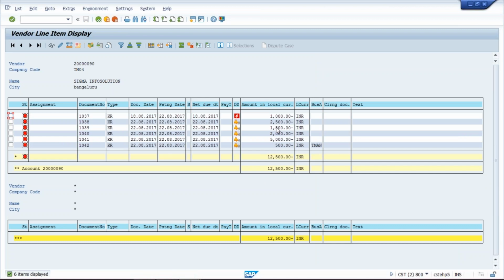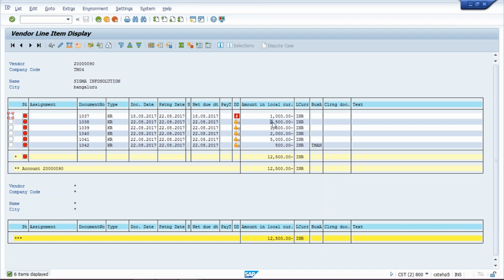Okay, now the requirement is that your management said that do one thing,